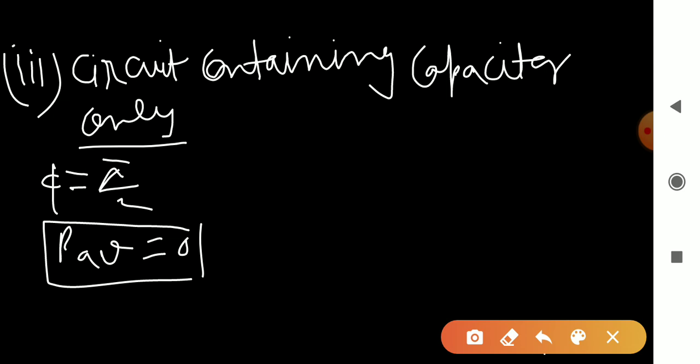So in these two cases, when the circuit contains a pure inductor and pure capacitor, the source supplies energy to the circuit during the growth of the current, which returns to the source during the decay of the current. So over a complete cycle, the net power consumed averages to 0. I hope these points are clear to you. So let's talk about LC oscillation.